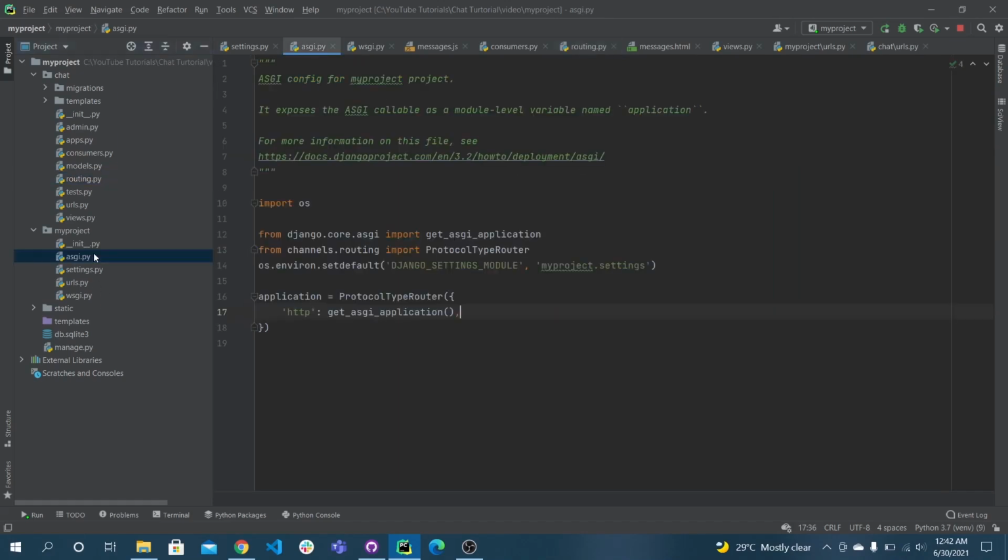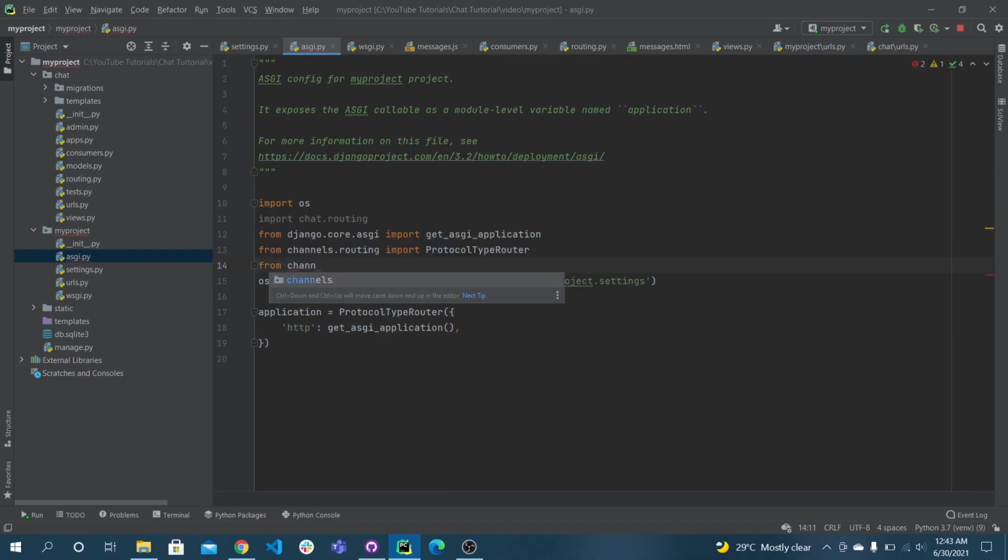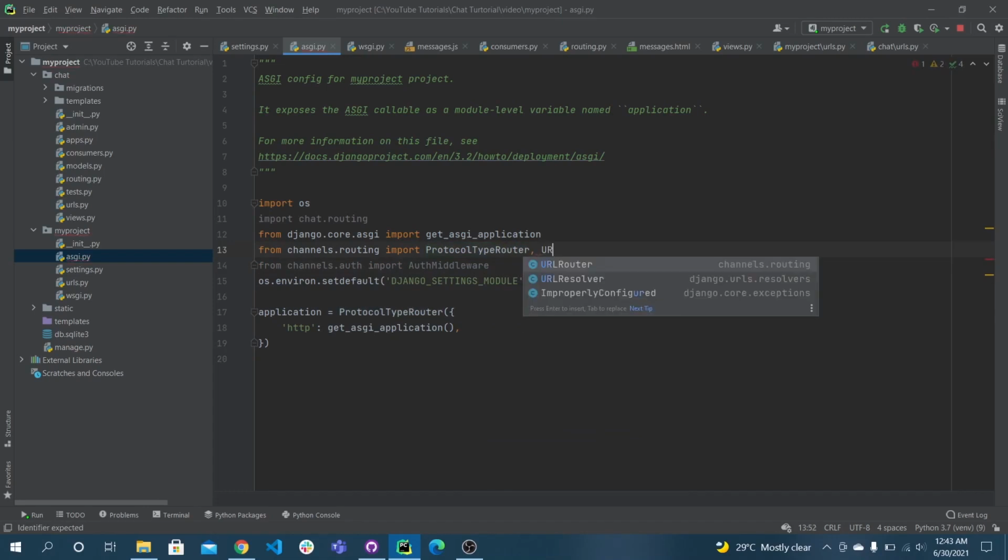We have to make a few changes in the ASGI file. First of all, I'll import chat.routing, and from channels.auth import the auth middleware, and from channels.routing we will also import the URL router.